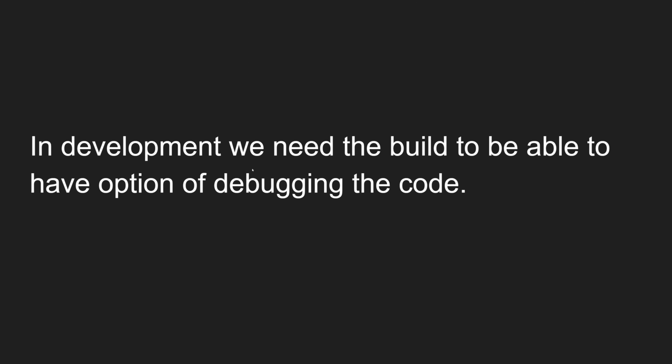In development mode, if we build the code in development mode, we have the option of debugging the code. So if any problem or error occurs, and you want to know where the problem is actually happening, if you build the code in development mode, you will be able to debug the code. This is mainly useful in the development lifecycle. When we are developing the application, it is the best option to build the code in development mode. This is the default option actually.